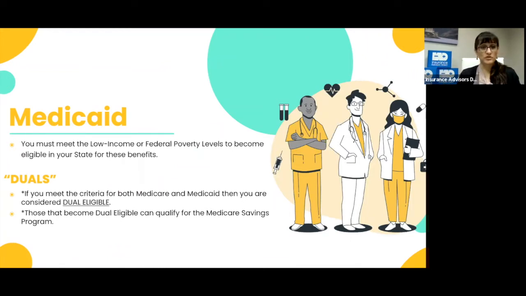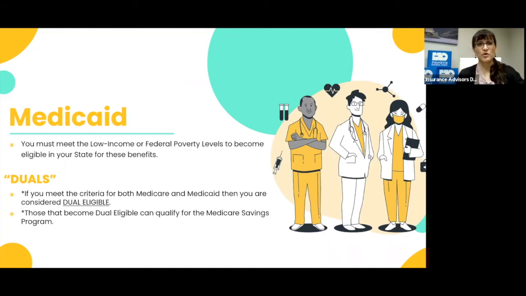We call them duals, right? So if you meet the criteria for both Medicare and Medicaid, then you are considered a dual eligible. Those that become dual eligible can qualify for a Medicare Savings Program. This is where it gets a little tricky. I'm sure you've seen this on